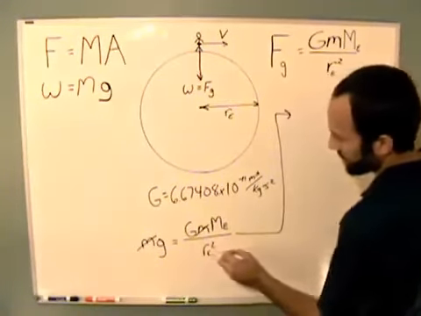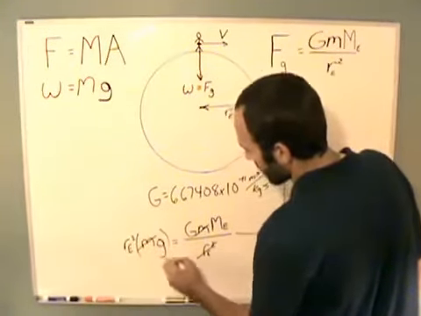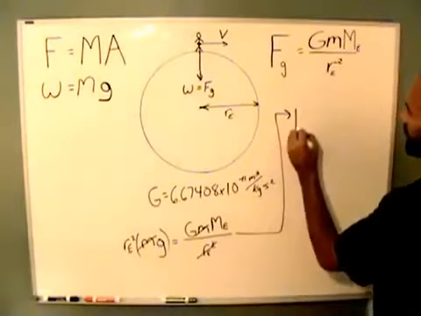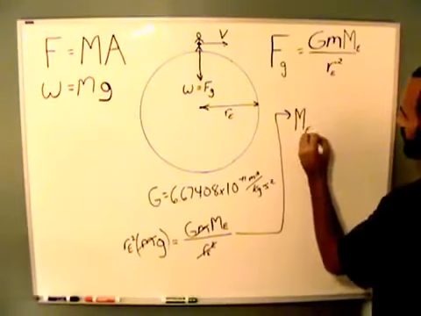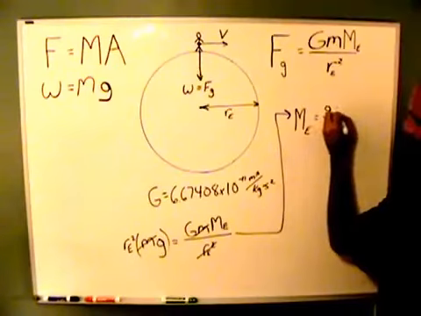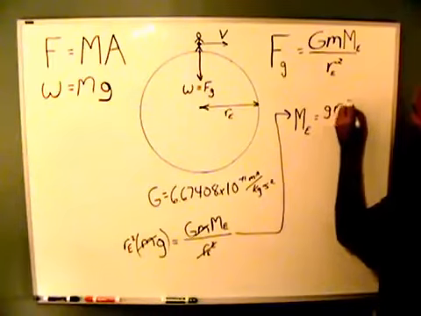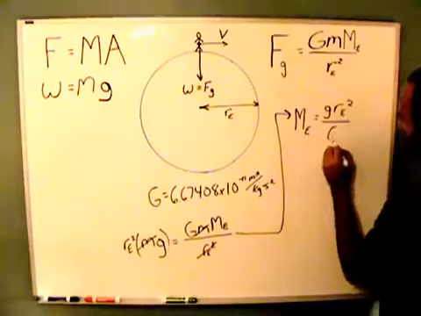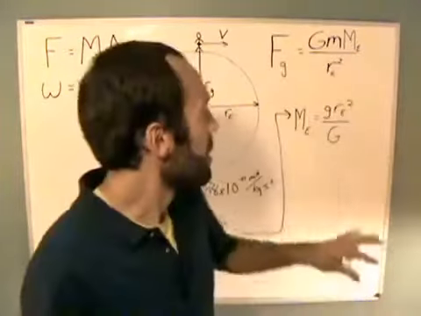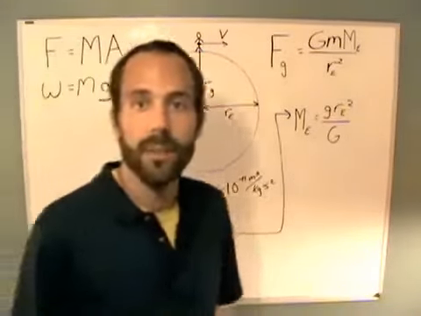You can multiply the radius squared times both sides, and that comes over here. It cancels on this side, and then you can divide by big G, so you get M_E, and this is basic algebra here, is equal to little g, the acceleration due to gravity, or the rate at which things accelerate towards Earth, times the radius of Earth squared divided by big G. And that is how the mass of Earth is calculated. That is the mass that NASA has on their fact sheet, where I got all this information about the Earth's radius and the mass of Earth and everything